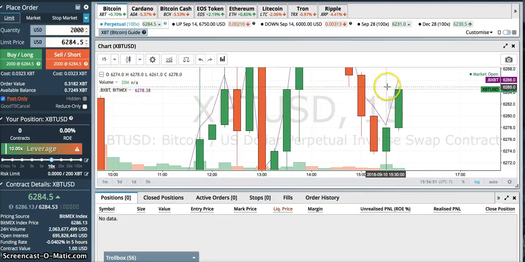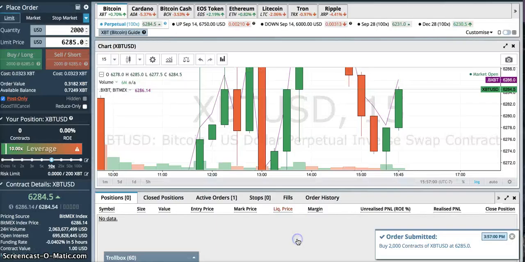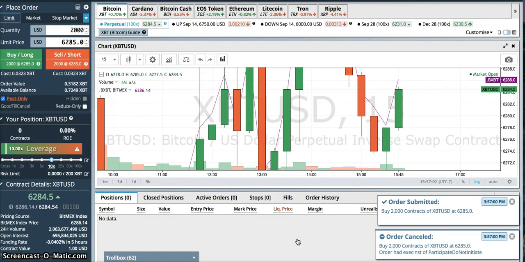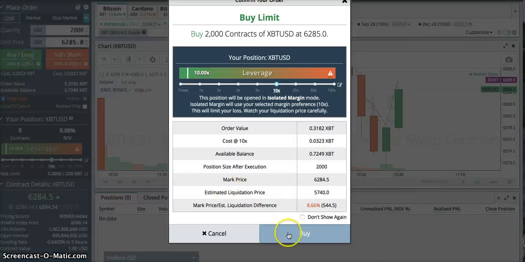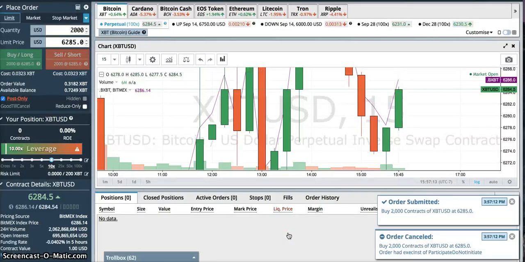front of the price. So if I set a long at 62.85, it should let it sit there. Well, it doesn't want to let it sit there. So 62.84, I bet you I'll get filled if I keep trying. If it goes back down to 62.84,